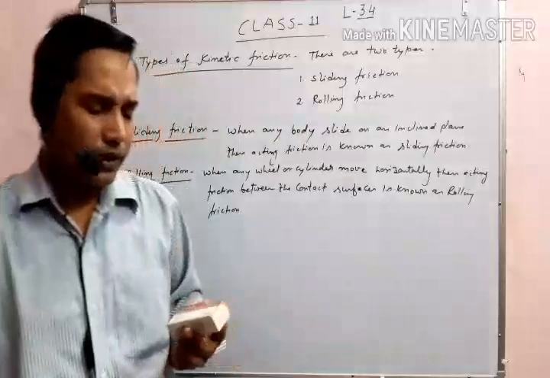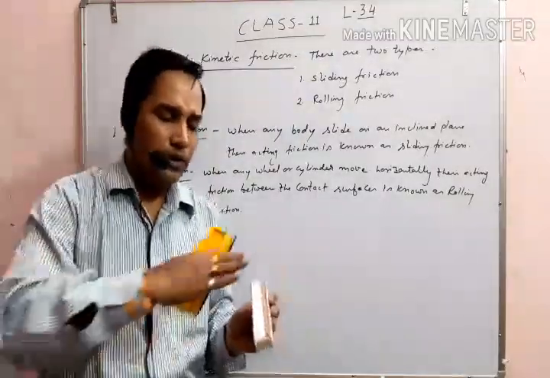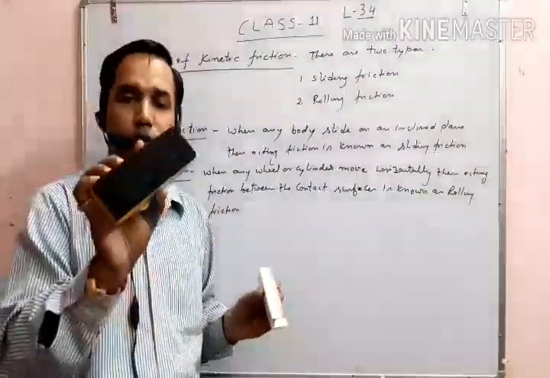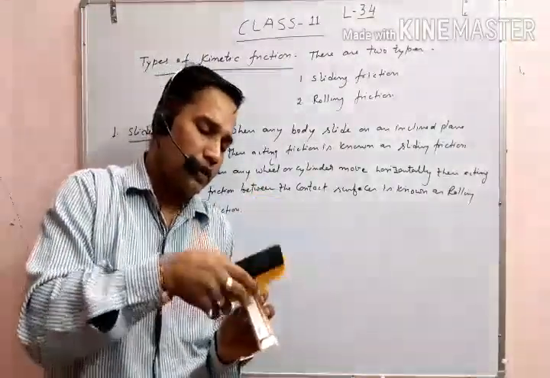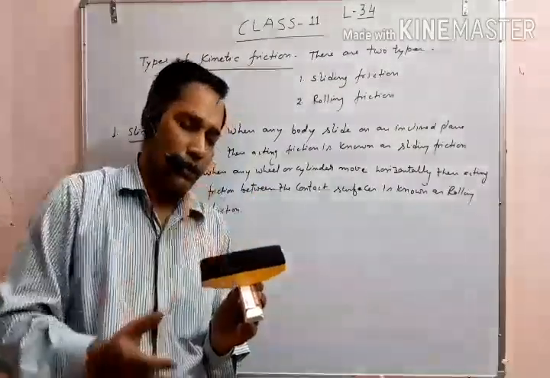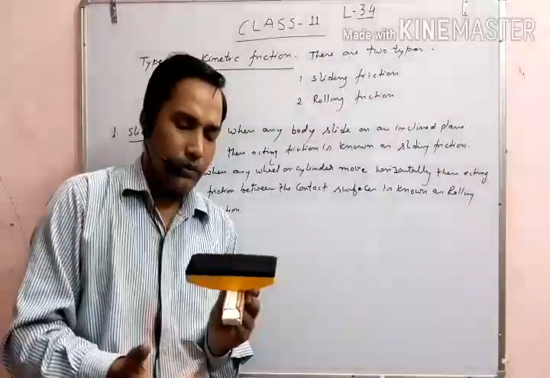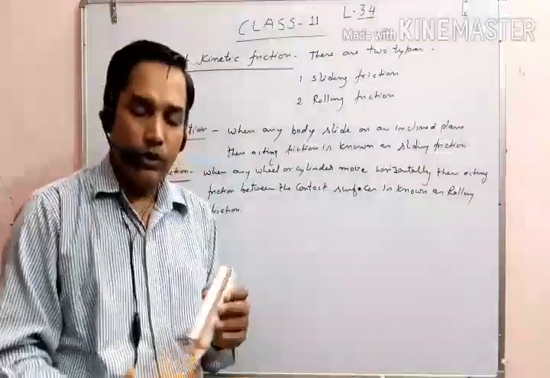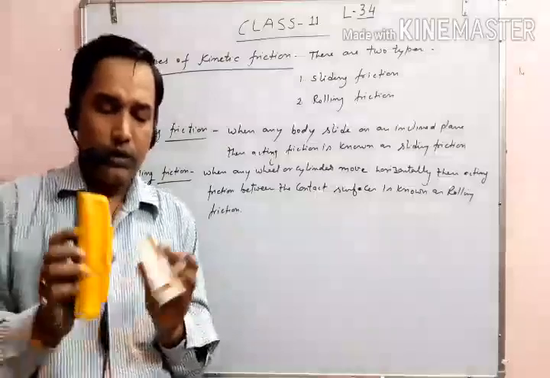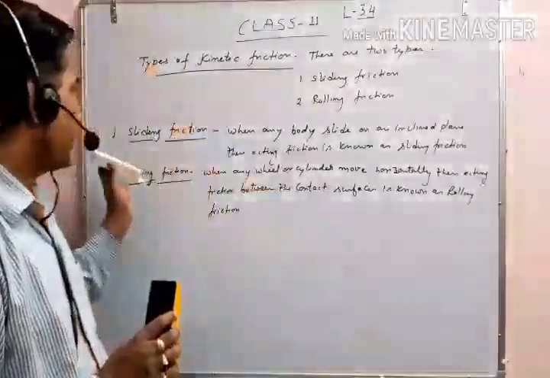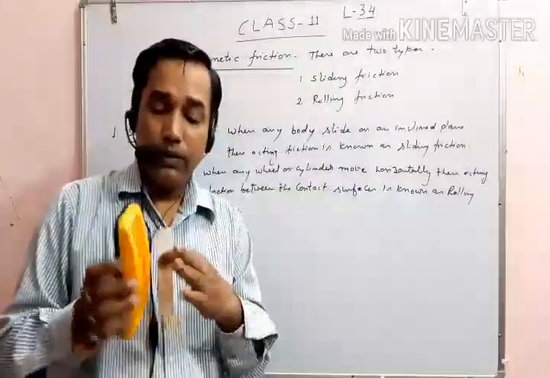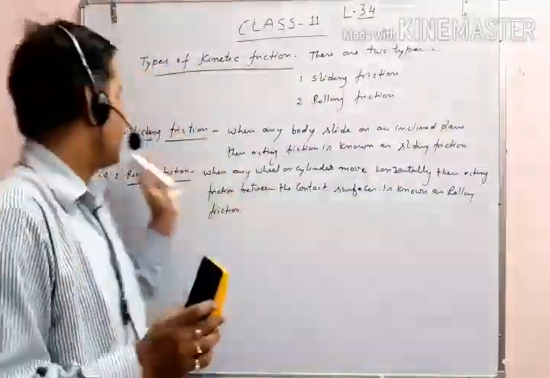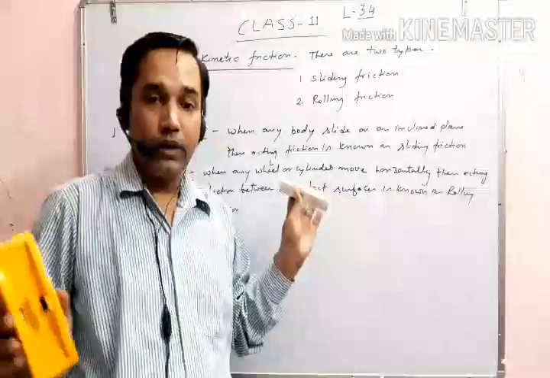For example, we are taking here one surface like this one, this is a smooth surface, and another body is on it. When some inclination is increased, then the body will move. So here the frictional force acts in between, that is the body is sliding continuously. So you can say that the acting friction between both surfaces is known as sliding friction. Okay, clear? Not any doubts?